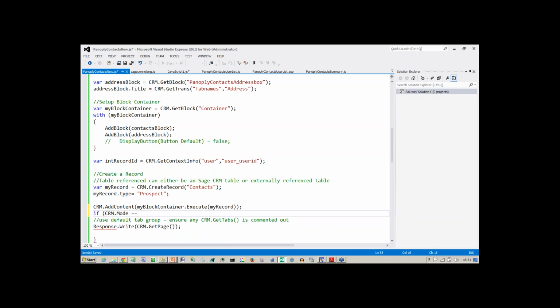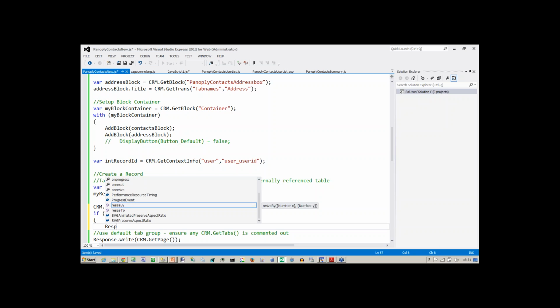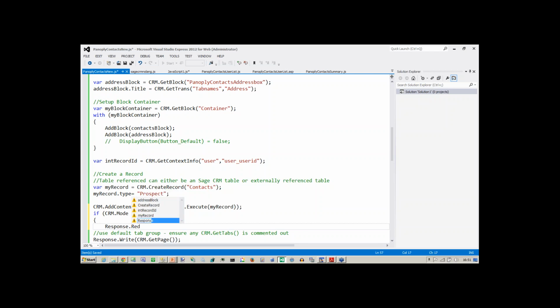If the mode here is save, then what I want to do is a redirect, and we saw the idea of redirect when we were looking at the general idea of the ASP pages. So response.redirect, and in here I'm going to say CRM dot, and where do I want to go? I want to use crm.url, and I want to go to training, and then into the Panoply